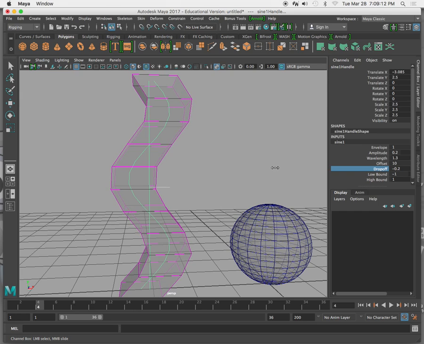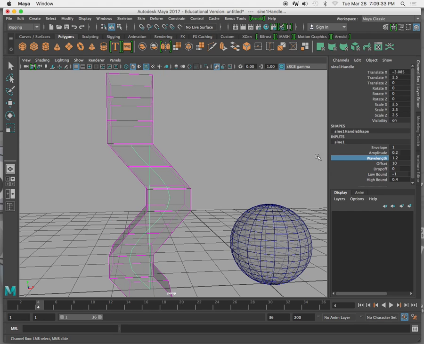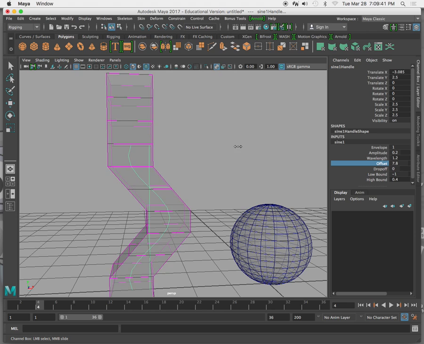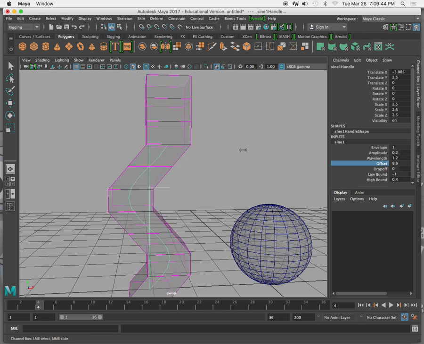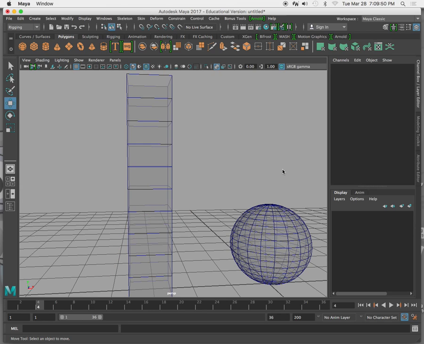And then once again, let's go back to 0. There we go. We got low bound and high bound. So if we wanted to, one of the things we could do, we can do that's the wrong one. I grabbed the wrong one. We can offset this and have, like, a little snake kind of thing, a little cobra, bobbing its head back and forth while its body waves. So that's our,